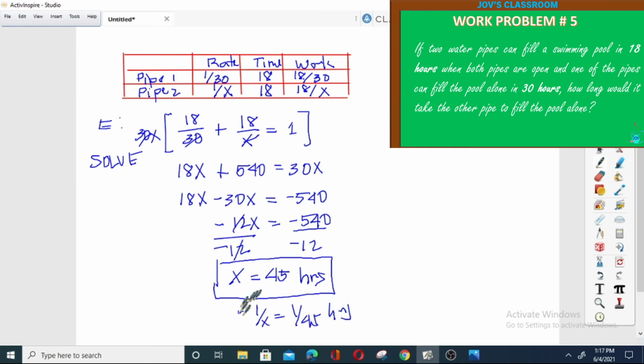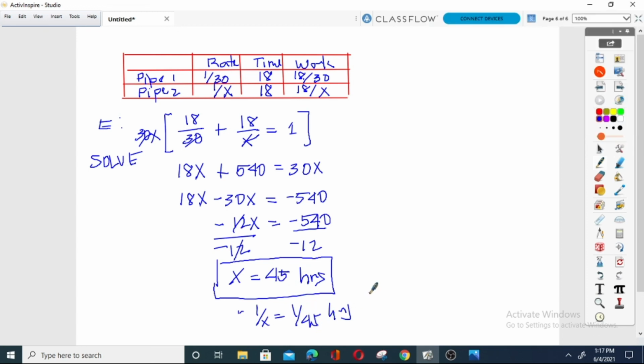This is the rate, 45 hours to fill. So its rate is 1 over 45. All right, so